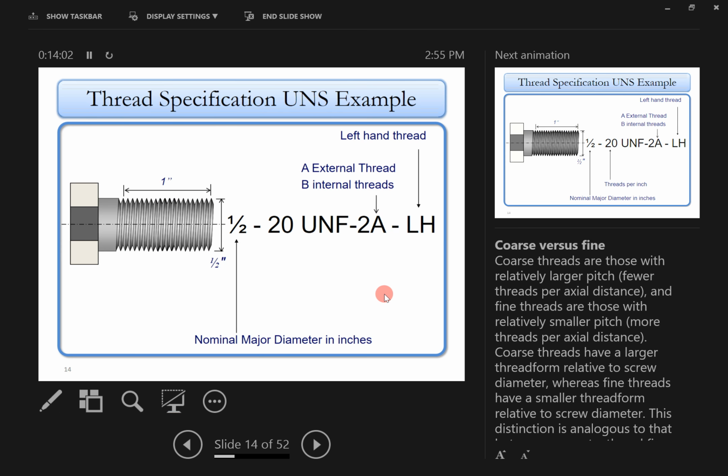Another important skill is that you need to be able to interpret some of the important information given in the thread specification. So this illustrates it. I'll give you two different examples here. So for this example here,